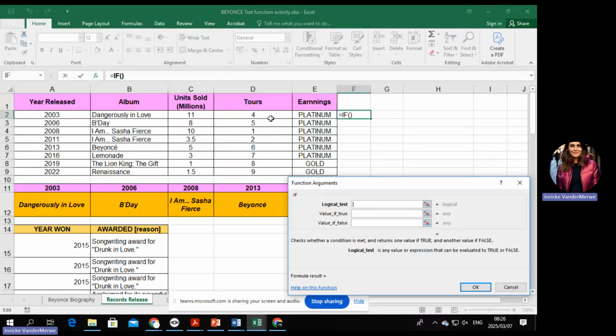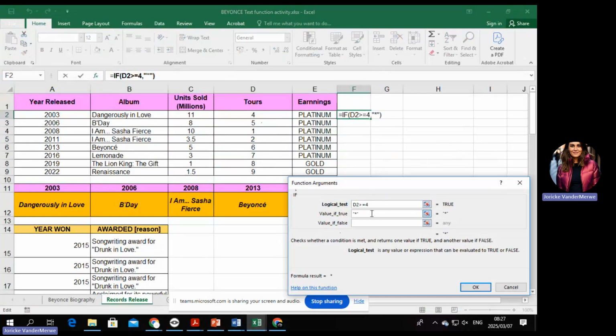The logical test is we're going to look at the tours. If the tours are bigger than or equal to 4, then we can do a multiplication. Sorry, that shouldn't be a minus. That should be an equal sign.